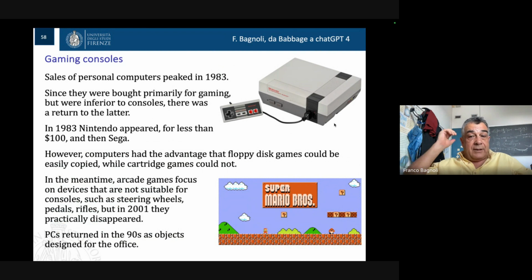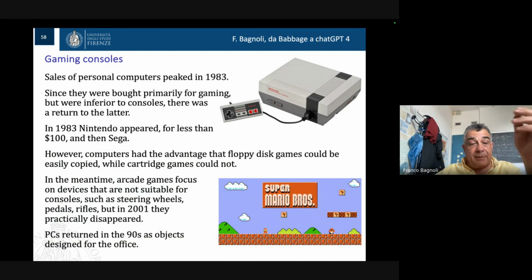So the console is something specialized for gaming, with better graphics with respect to computers at the time, at least, and maybe interfaces like joystick and so on. And one of the names in this field is Nintendo, another is Sega,